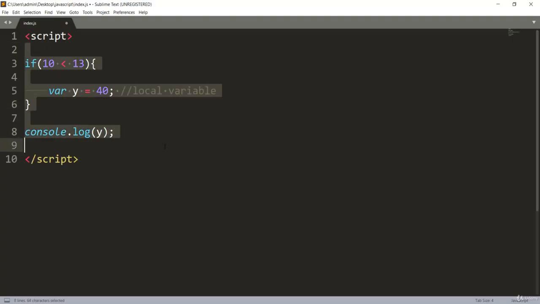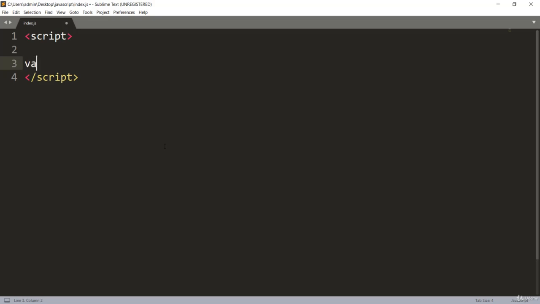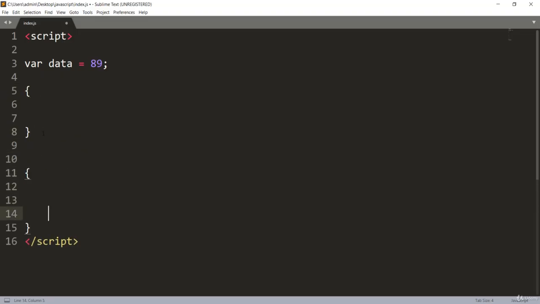Let me remove this one, and create a variable data, let me say 89 is my data. Now let me create a function, and don't get confused with this function. Instead of a function, let me just remove this and give curly braces. If I create another pair of curly braces, just remember this is one type of function, or basically a scope.